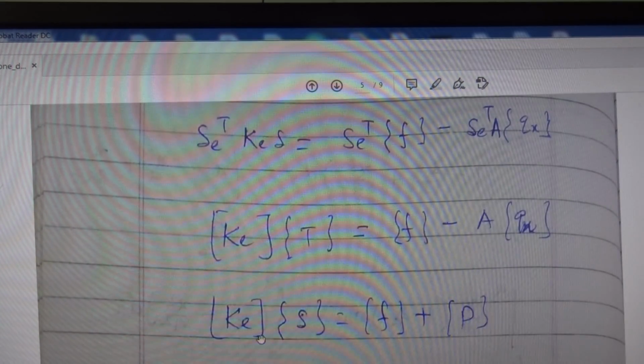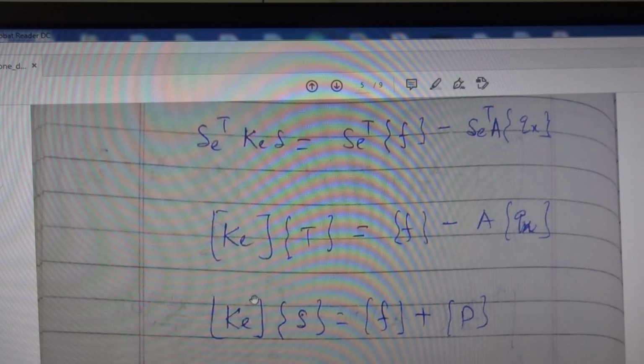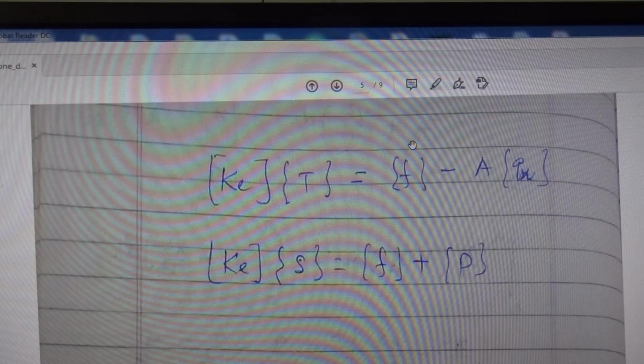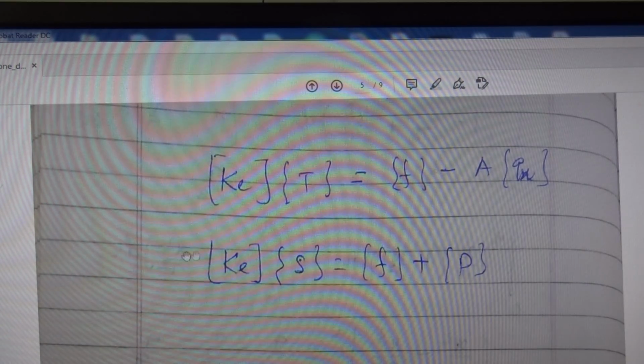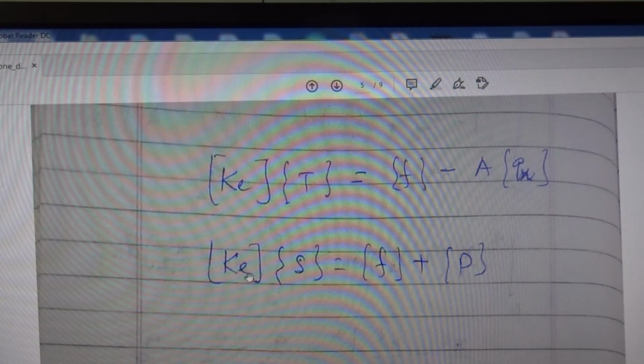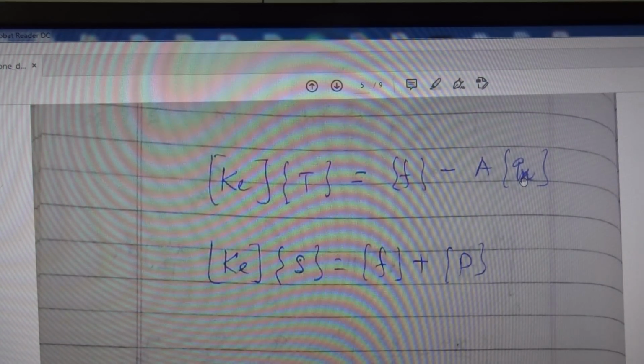Similarly, it comes in as explained in chapter 1. Ke delta is equal to, this one is due to the distributed load, plus this is due to the point loading. So this is similar. You can compare these relations with the relations discussed in the stress problem in chapter 1. So we can compare this to these relations.